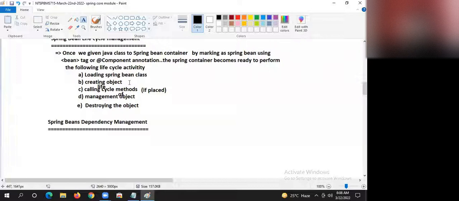Spring Bean life cycle methods are not fixed and they are optional in the Spring Bean class, because ordinary Java classes, POJO classes can be taken as Spring Beans. And Spring Beans need not have dependency on the Spring API. Got it, guys? Okay.